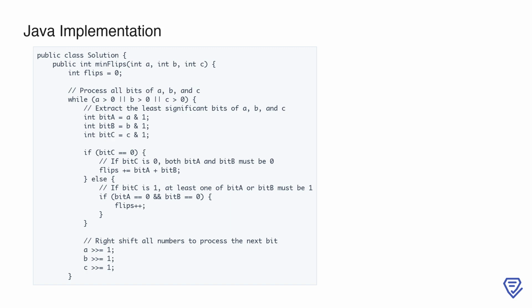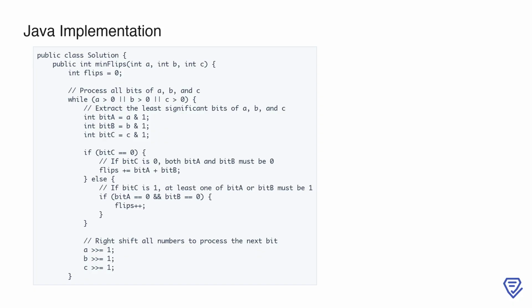Next, we check the value of bitC. If bitC is 0, both bitA and bitB must also be 0 to satisfy the condition, so we add their sum to flips. On the other hand, if bitC is 1, at least one of bitA or bitB must be 1. In this case, if both bitA and bitB are 0, we increment flips by 1. Finally, we right shift A, B, and C by 1 bit to process the next least significant bit in the next